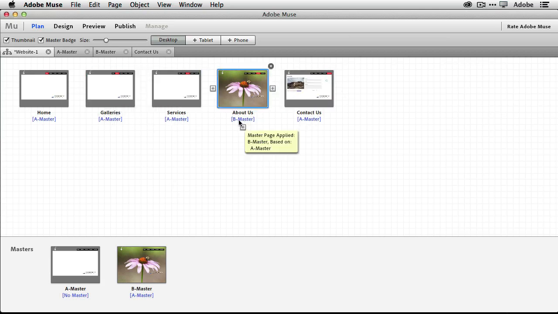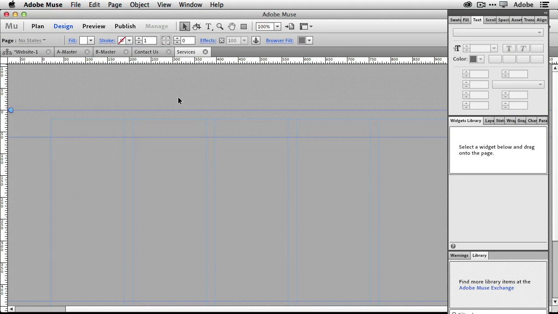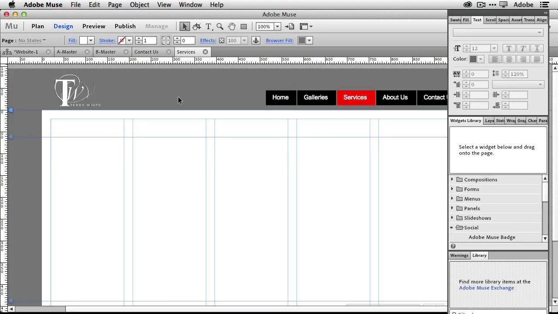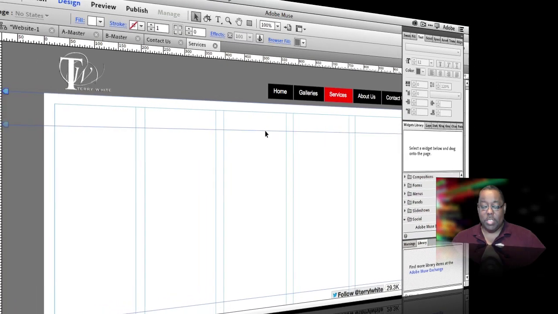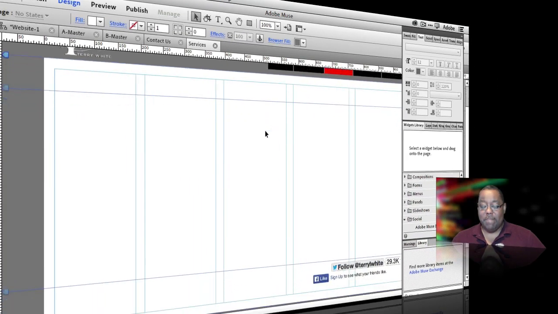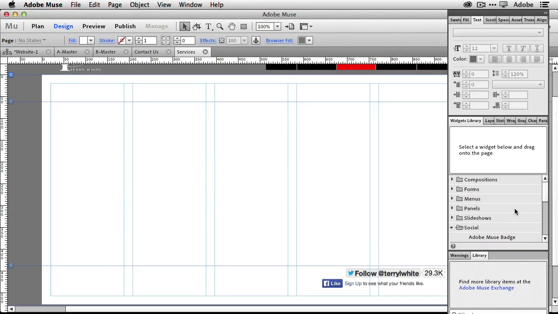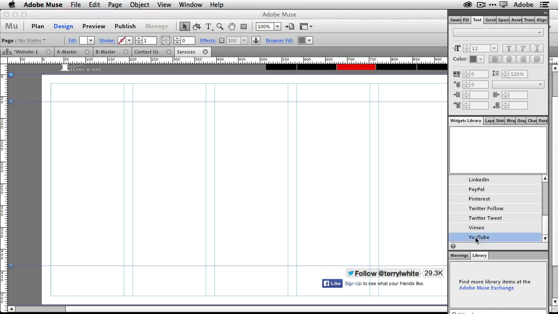Okay, so next let's go to our services page. And in our services page, we're going to do one more. We're going to put in a video. Now, video is really not built into Muse. And before, I would have had you go to YouTube or Vimeo or Facebook, grab the embed code, put it in with the insert HTML command. Again, we don't have to do that anymore. So if I go to my social widgets and I want to bring in a YouTube video, I just drag